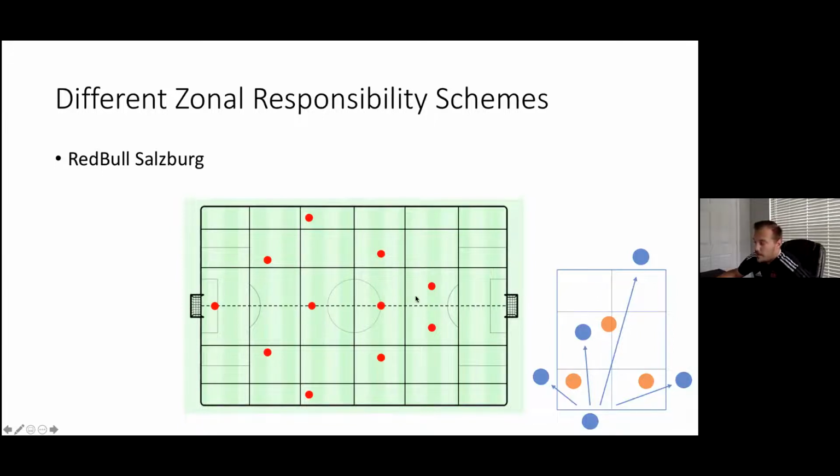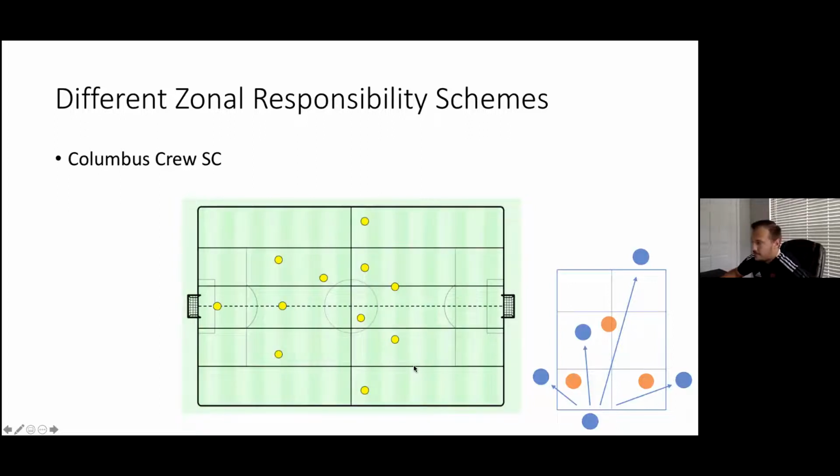So simply they played with 2 strikers, so they split the middle into 2, and everyone had their zone or area that they generally tried to play in. At Columbus Crew, when I worked with Greg Berhalter, we used 5 vertical strips across the field, and sometimes the middle would be a dotted line where we would split the middle into 2 separate sides, where our number 9 would go to one side, and then one winger who was coming inside could be on the other side.